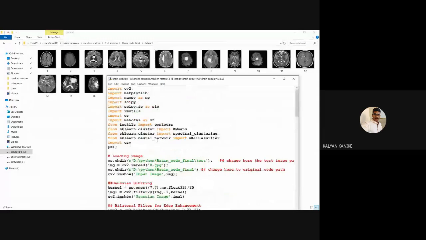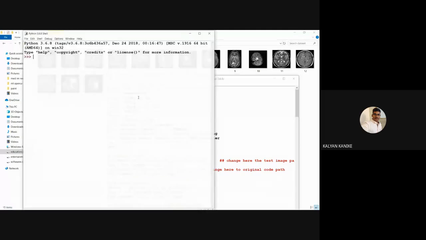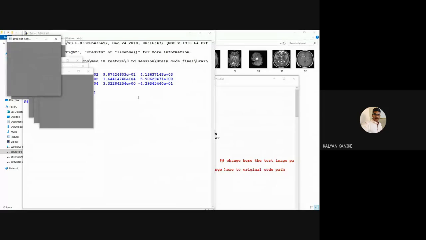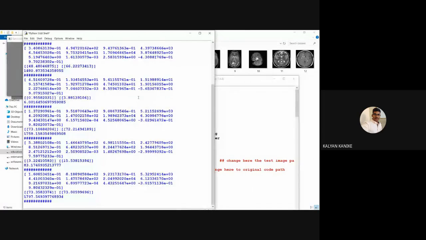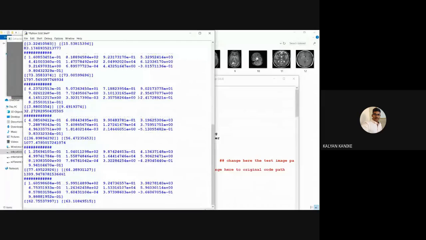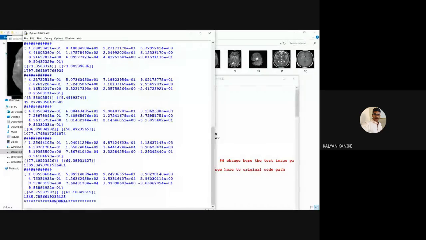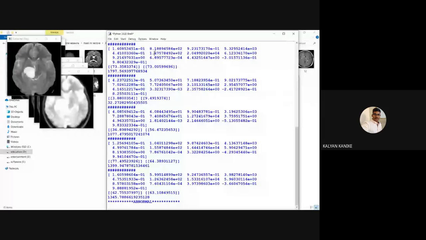And here I'll run the code. Here I'm giving 8.jpg, so it has to give the result as abnormal. So here we can see the abnormal result. What does this result mean?